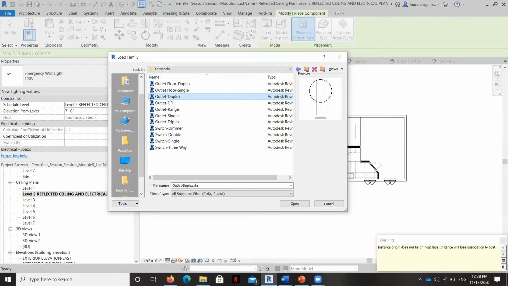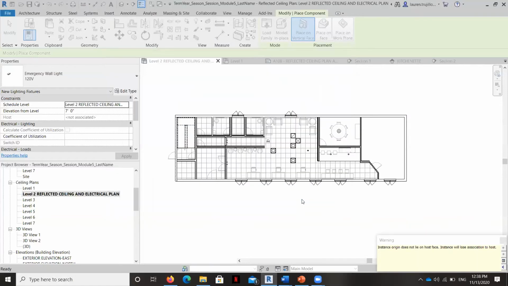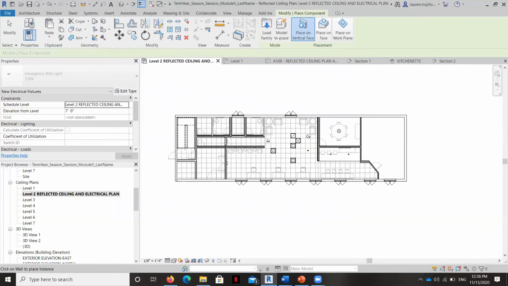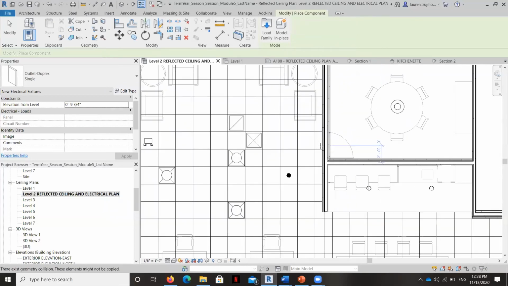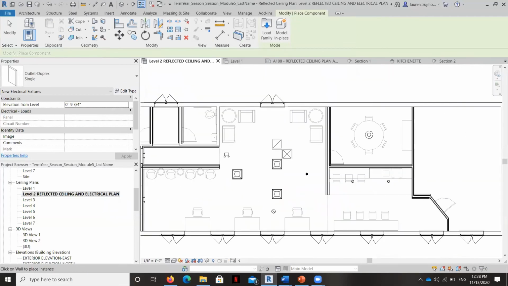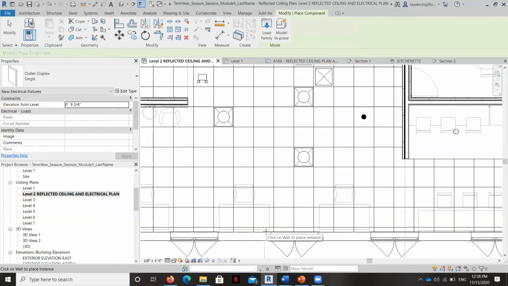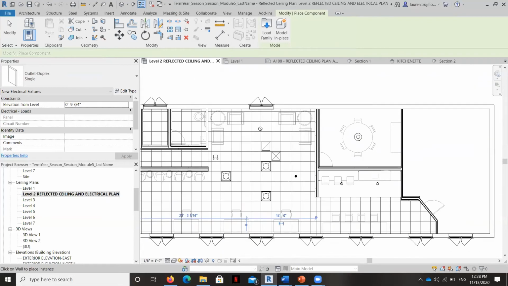So we'll go ahead and we'll place a duplex outlet. And we'll go ahead and place one here so that people can plug in their laptops. And look, you can't see it. And I'll show you why in a second.